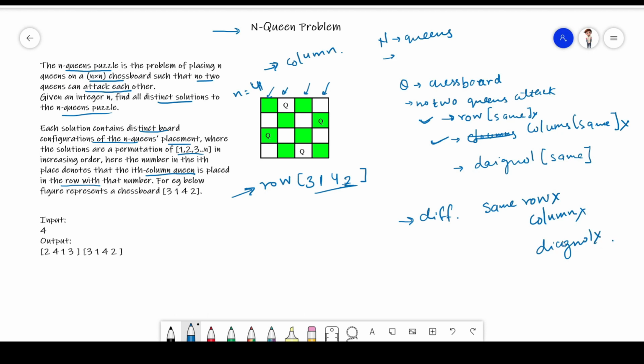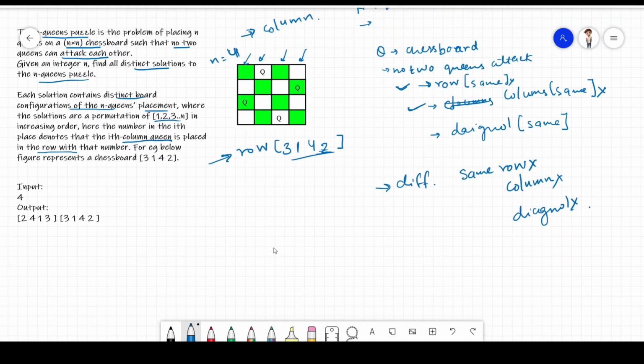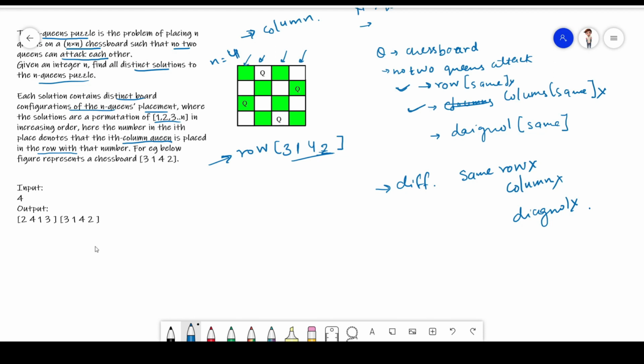For example, when N equals 4, no two queens are attacking each other. This one is not attacked by any of these, this one is not attacked by any of these, and so on. I think this is clear to you.